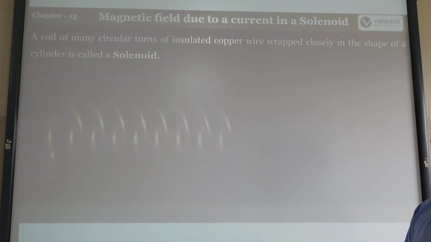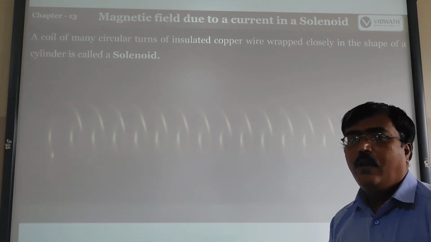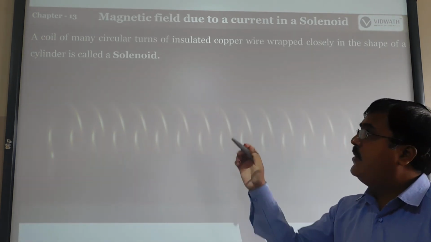What is a solenoid? I already detailed that one. If the number of turns of the coil is more, then what happens? The circle of the current should also be more, is it? That principle you can see in the solenoid.